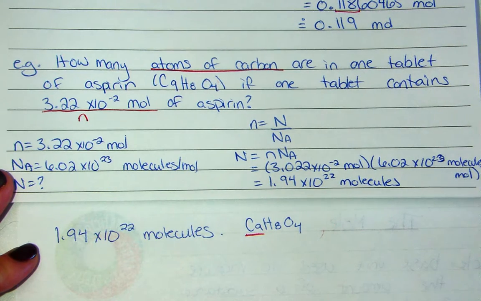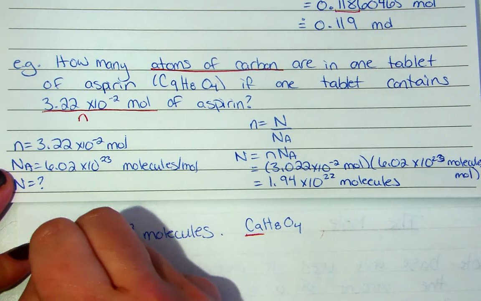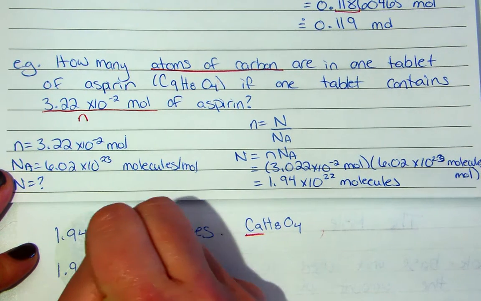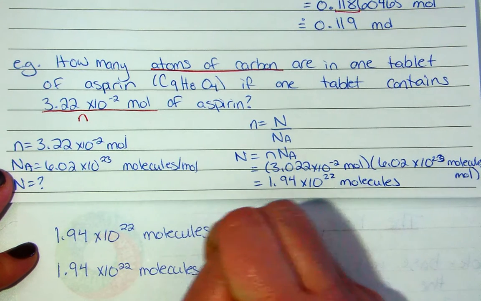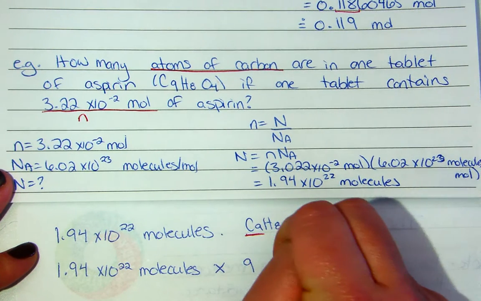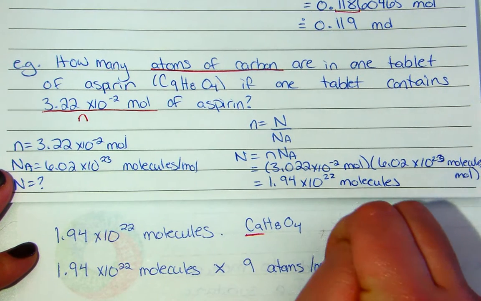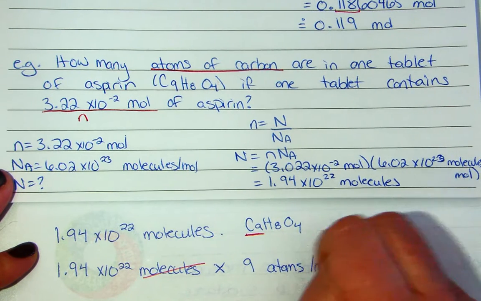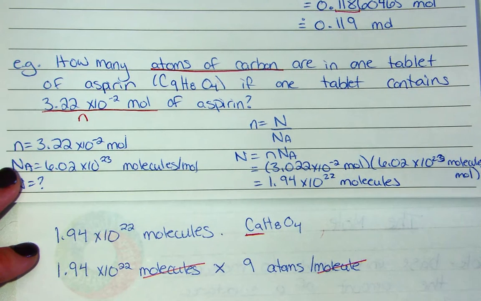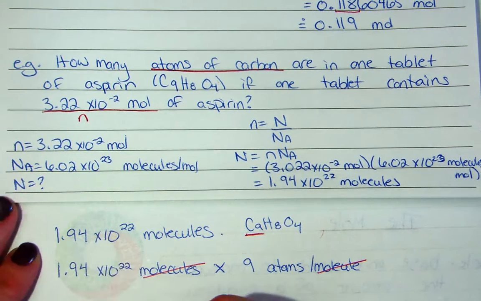There are 9. So we're going to take this number, 1.94 times 10 to the 22 molecules, times 9 atoms per molecule. That is going to cancel out our molecule unit, which gives us a final answer of